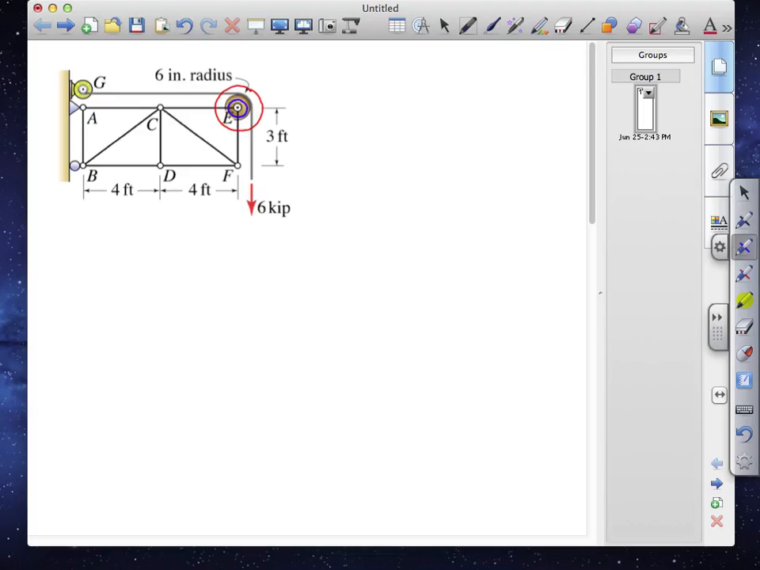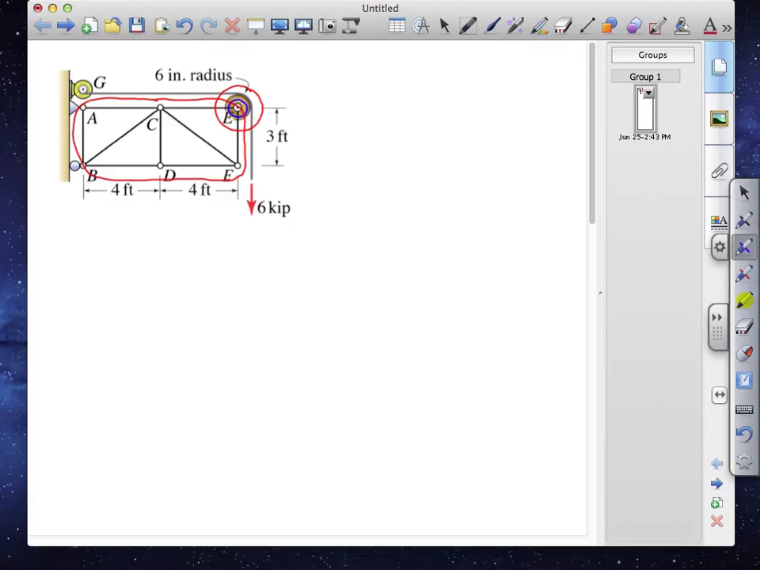Then we can go back and impose equilibrium on the whole truss, finding reactions at A and B. So now our isolating surface for the whole truss will look like this. Again, what will be happening at joint E is that the forces from the pulley bearing will be exerted on the truss at E. And we'll also then simply have the reaction forces at A and B from the pin and roller. Once we've found these reactions,